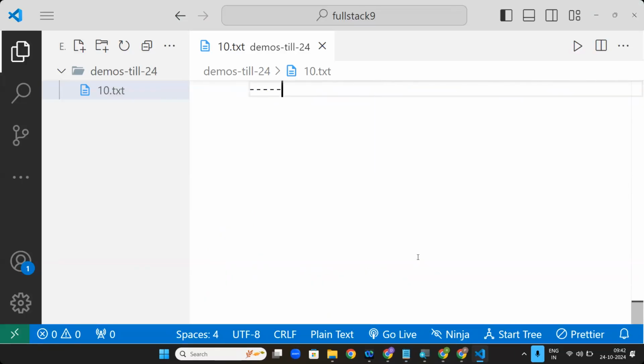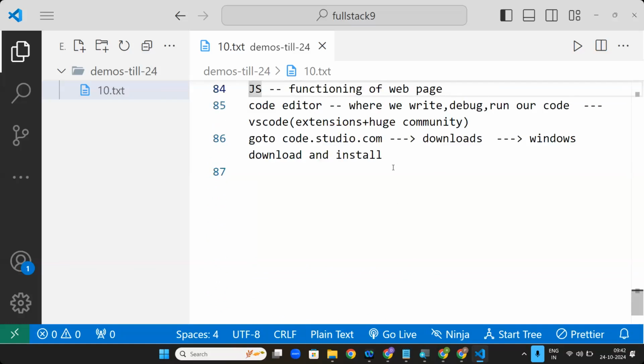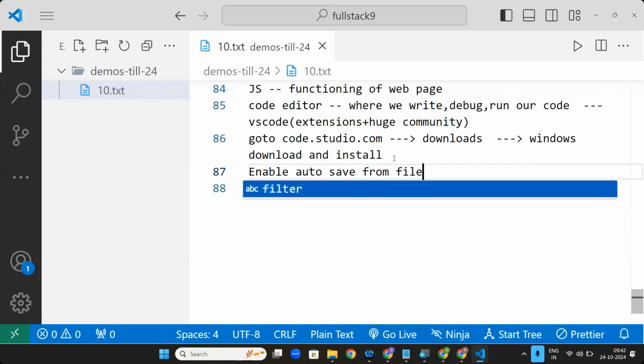We already built the design. Now, install. Enable autosave from File. Anyway,